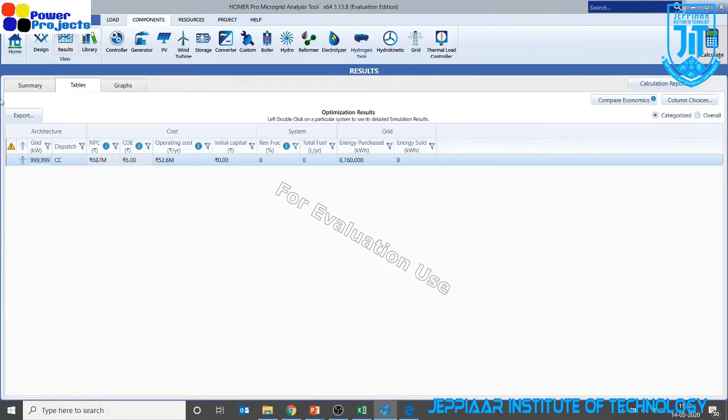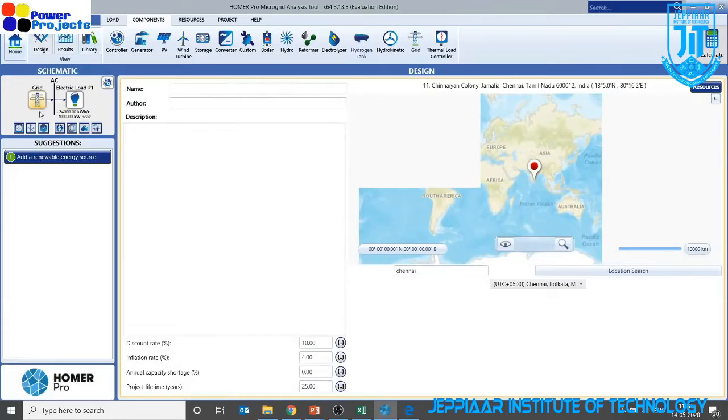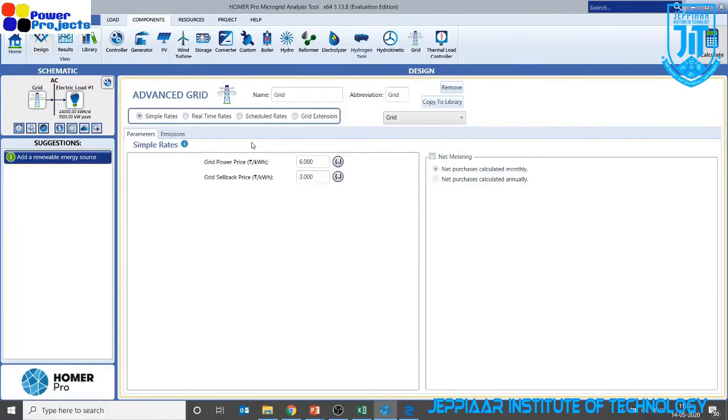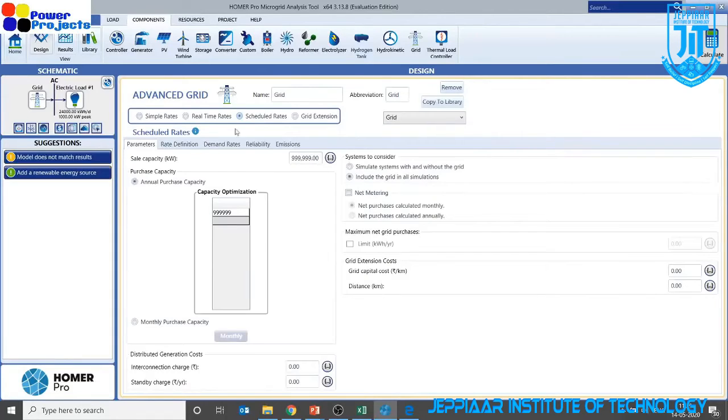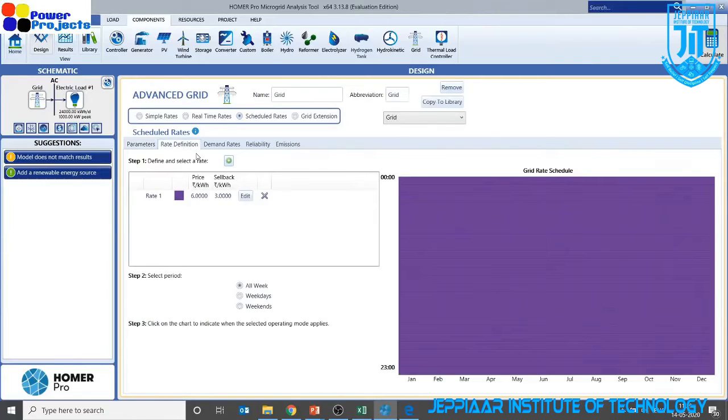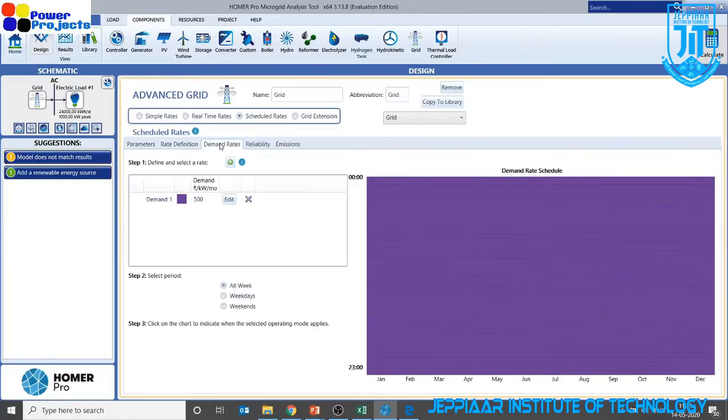What's the significance of demand charges? A simple rate is the typical philosophy adopted for domestic applications. Distribution companies, or electricity boards and utilities, charge you only for the energy you consume. That is for domestic. That's not the case for industries. For industries, it is based on two tariffs. One is for the energy which you consume. The second is for the demand which you are creating on the system. So here the price is for energy and this is for demand. This is how the industry is charged.